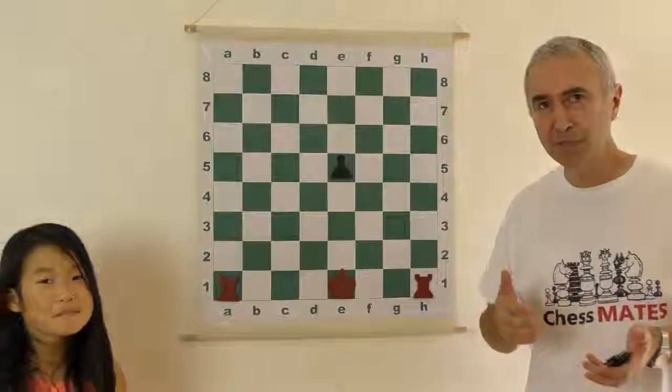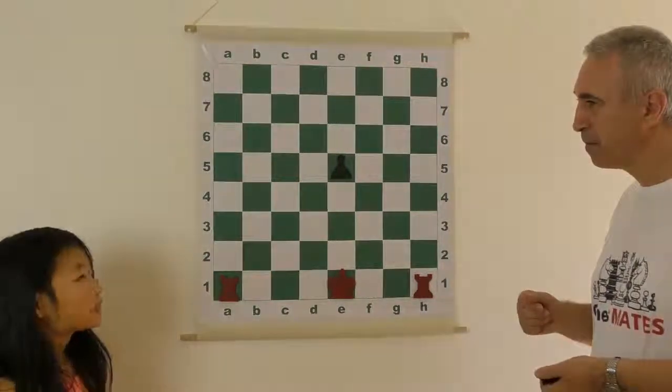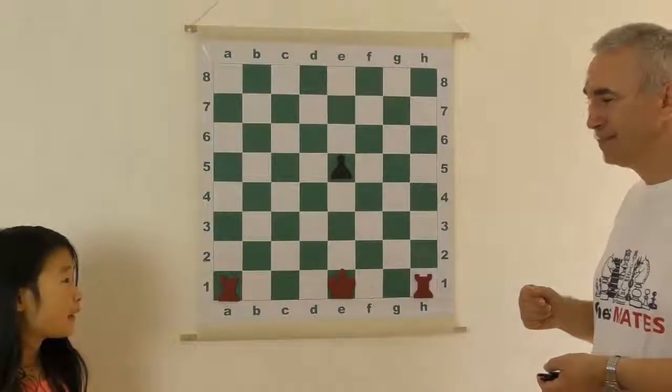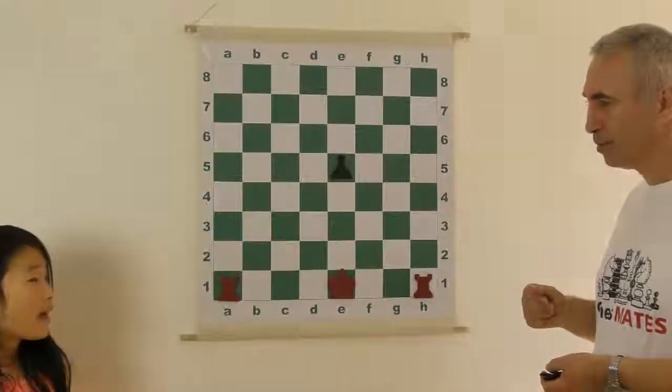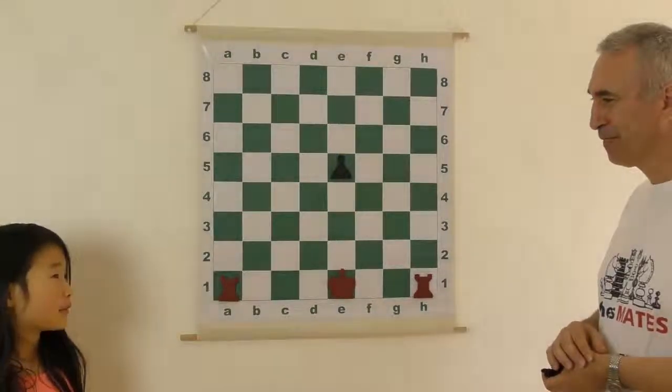And the purpose of this move, why is it that we do castling at all? What's the purpose of it? To keep your king safe and in a good position. Very good. And it would just be kind of boring just having the king wandering around instead of...